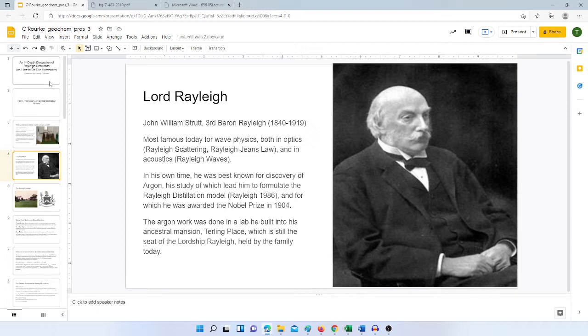But in his own time, he was best known for, and won the Nobel Prize for, the discovery of argon. And because he was dealing with gas chemistry, it was in that context that Lord Rayleigh developed the Rayleigh distillation